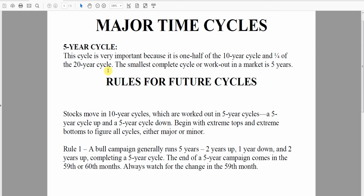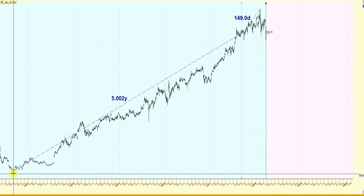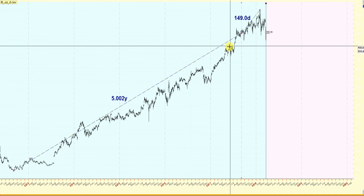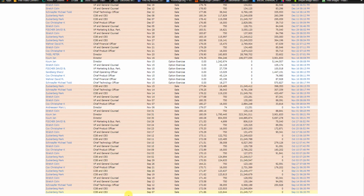1/4 of a 20-year cycle. The smallest complete cycle or workout in a market is 5 years. If you're a Gannist, you take that to heart. You would have looked at the low 5 years from there, and would have noticed Zuckerberg started to sell. So you could just say to yourself, something is not right. And then on top of that,